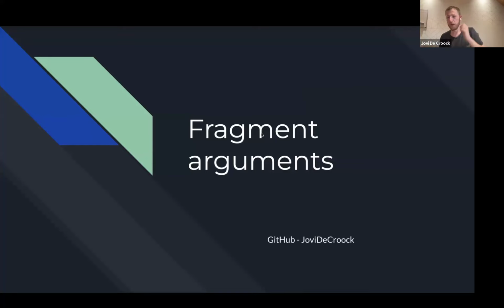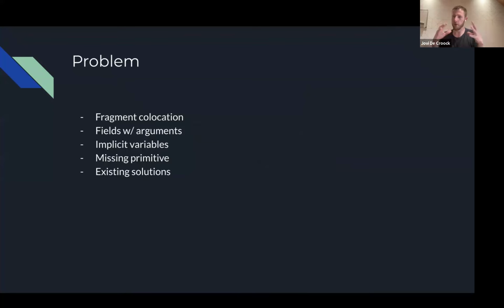So I've been working on fragment arguments for the last, let's say, 6 months now, and now that most of the GraphQL JS work is done, I wanted to go over it. The problem is that we encourage people to use fragment co-location in their front-end applications. So you define your operation, and as you split out into components, you accompany them with fragments that define what data they need to render correctly. But there's a missing piece there.